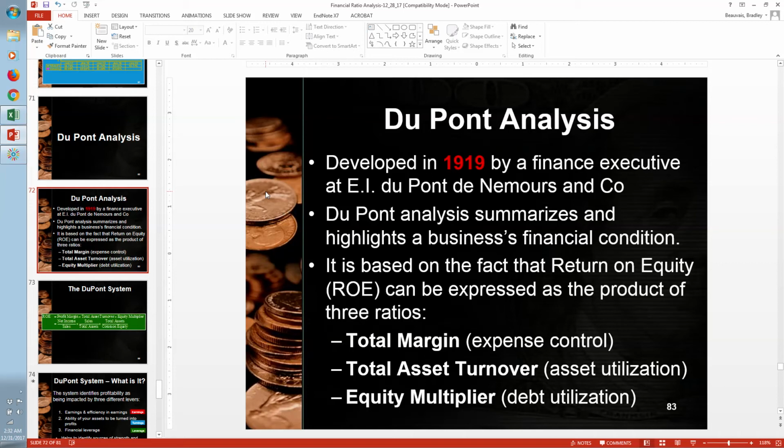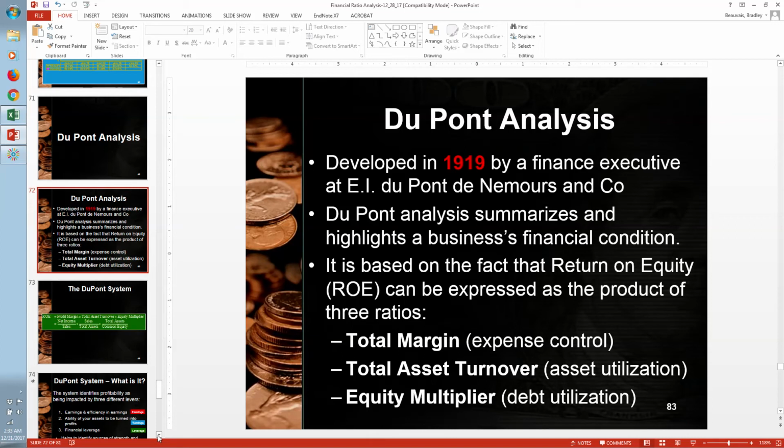So the DuPont analysis basically relies on three segments: total margin, total asset turnover, and the equity multiplier. Total margin, of course, we're looking at expense control. Are we actually creating a separation between revenues and expenses? Total asset turnover, as I mentioned before, really looks at asset utilization. How many times are we able to generate a dollar off of our total assets? And last but not least, it's called the equity multiplier, but really how well are we using this mix of debt and equity,